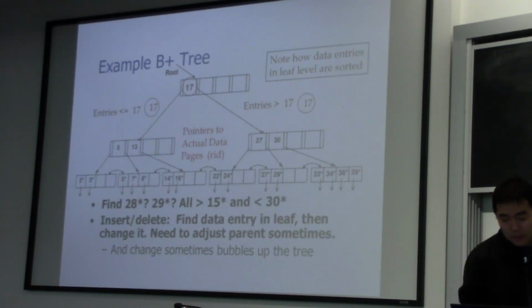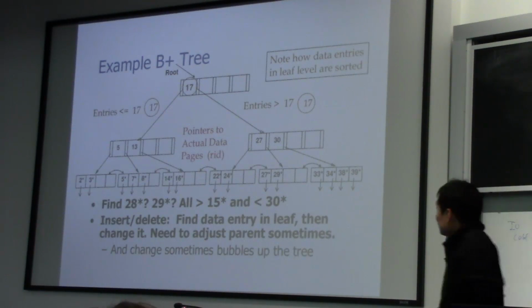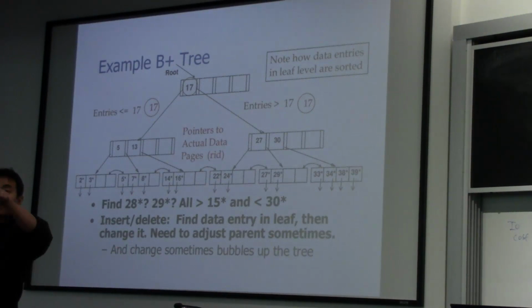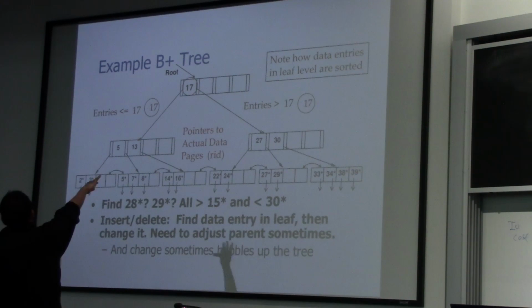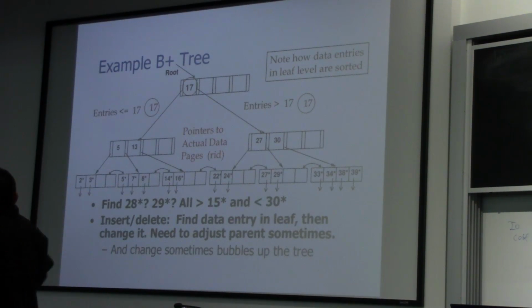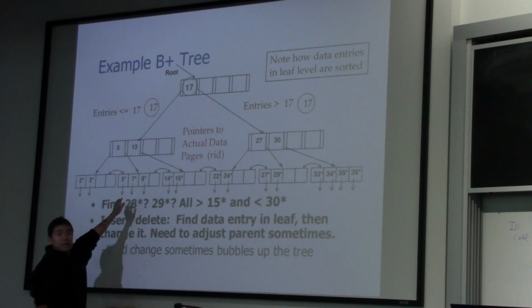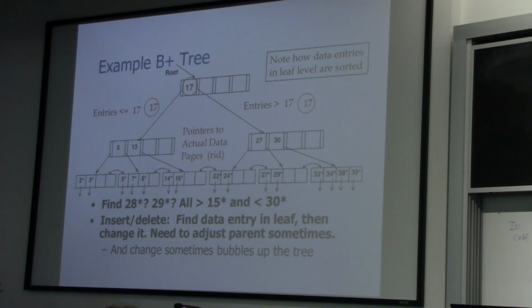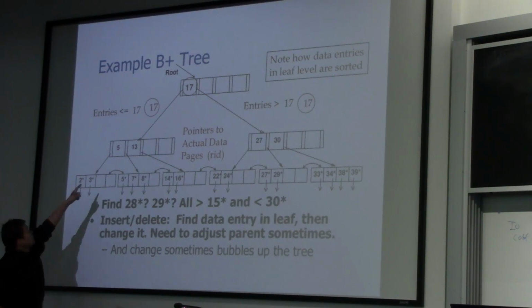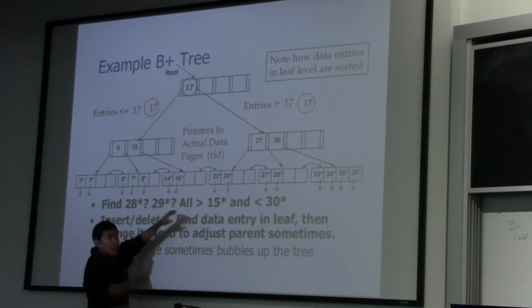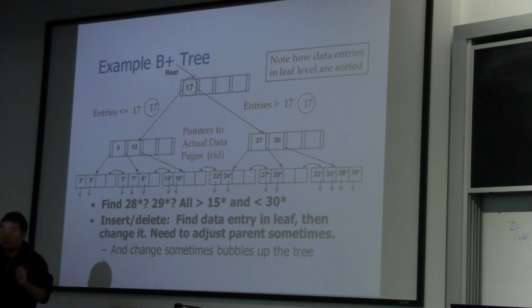To give you an example. In the root, I have one entry only, which is 17, and I have 2 pointers. The right pointer is part of your entry. The left pointer is that leftmost pointer as I explained. And then I have two pages below that, page 1 and page 2. And those 2 pages have more than 1 entry. In fact, each of them has 2 entries. So 5 and its pointer, 13 and its pointer, 27 and its pointer, 30 and its pointer. And each of these pages will have their leftmost pointer as well.